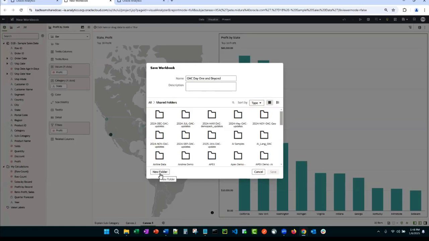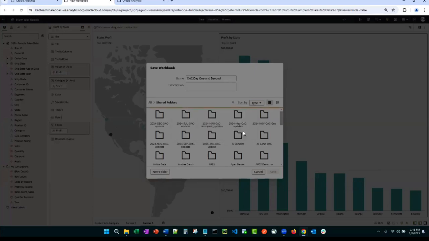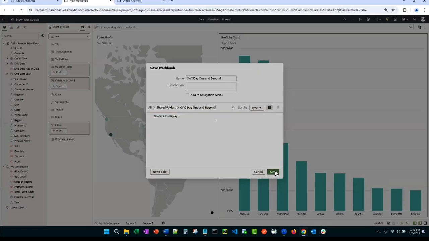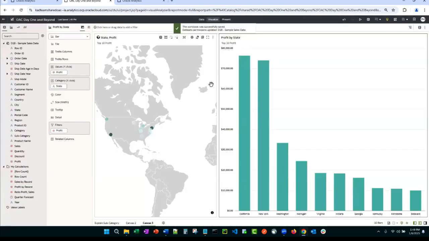And with shared folders, this is where your whole organization is going to access these in a very controlled and secured environment. I'm actually going to create a new folder here. OAC Day 1 and Beyond. We'll create the folder. There's my folder. Save. So I've just saved this workbook to a new folder that I can then add users or groups to, to be able to access it